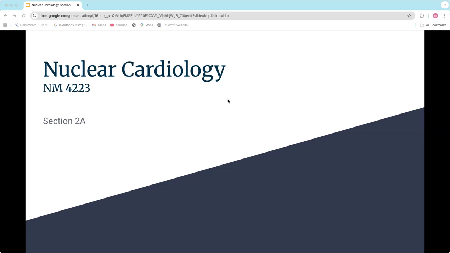Okay. All right. So this is section 2, and this is part A. This is going to be myocardial perfusion. I'm excited for this one. This lecture covers probably the big bulk of what you do from day to day in nuclear cardiology. A lot of the other tests we need to learn and pass for boards are ones that we see more periodically, but the actual nuclear or cardiac perfusion stress testing is the main thing. So I'm excited for this one.